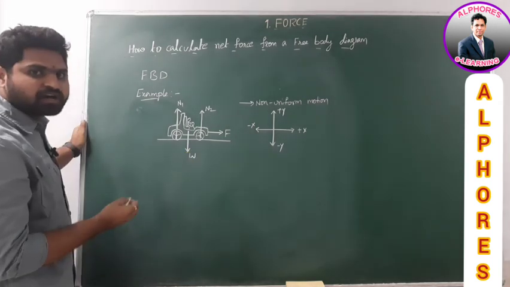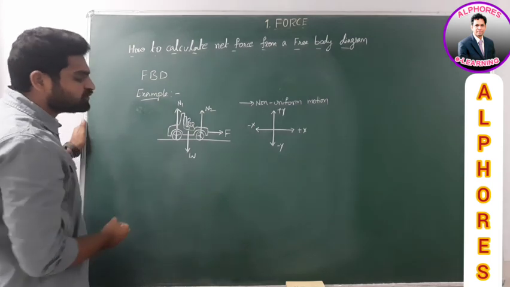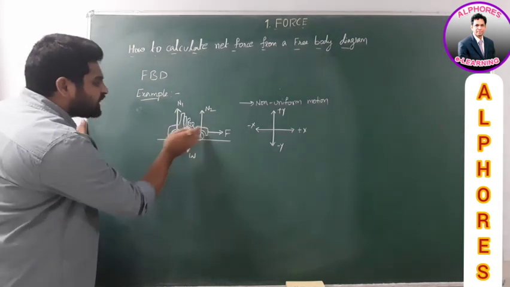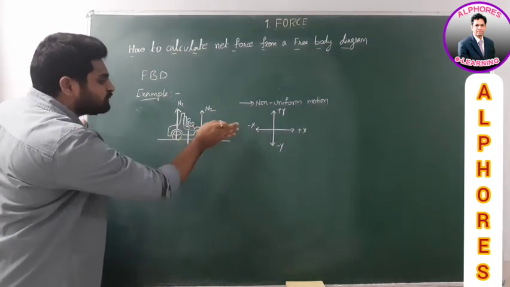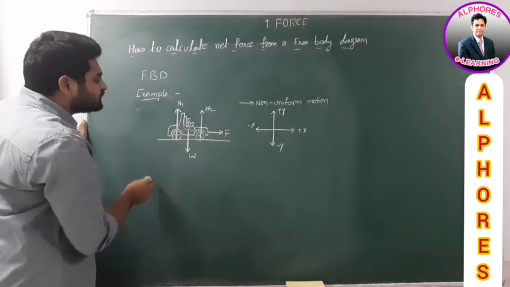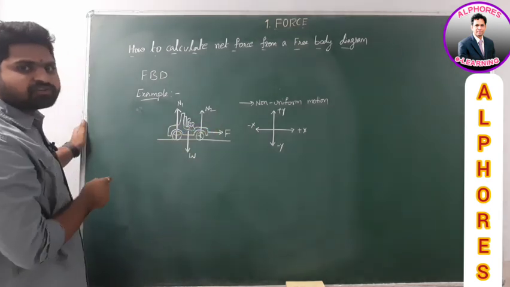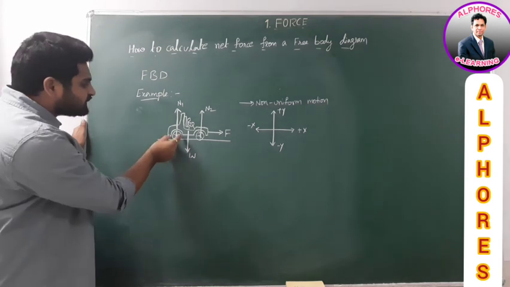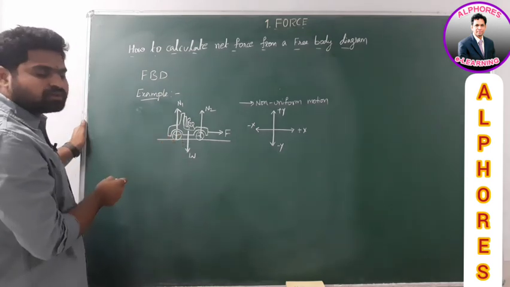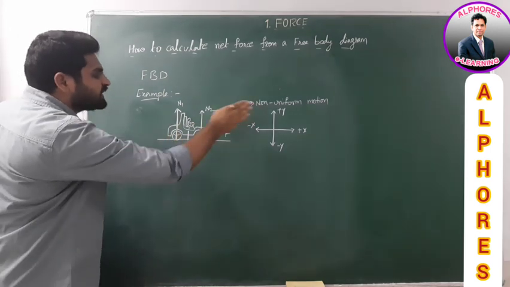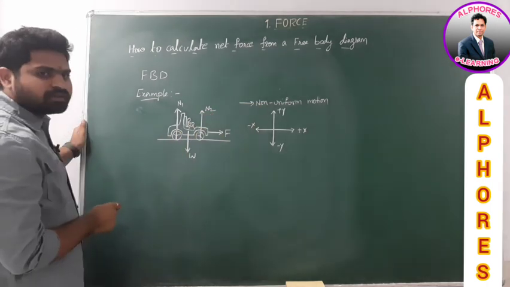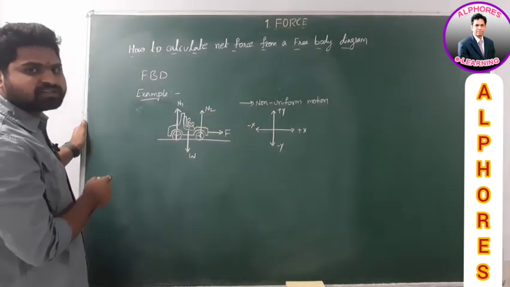Force of gravity, the weight of the car, acts vertically downwards. As the car is moving in this direction with the help of the engine force, there exists a frictional force also here. The tires are in contact with the floor and the car is moving towards the right, so the frictional force also exists here.